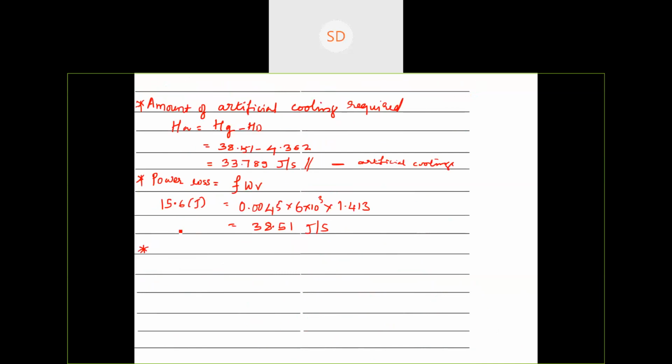So to get the minimum oil film thickness, based on the value of the Sommerfeld number, you can find out the minimum film thickness. For that, refer to equation number 15.7 here. Minimum film thickness variable MFT equals h naught by C, right? So h naught is